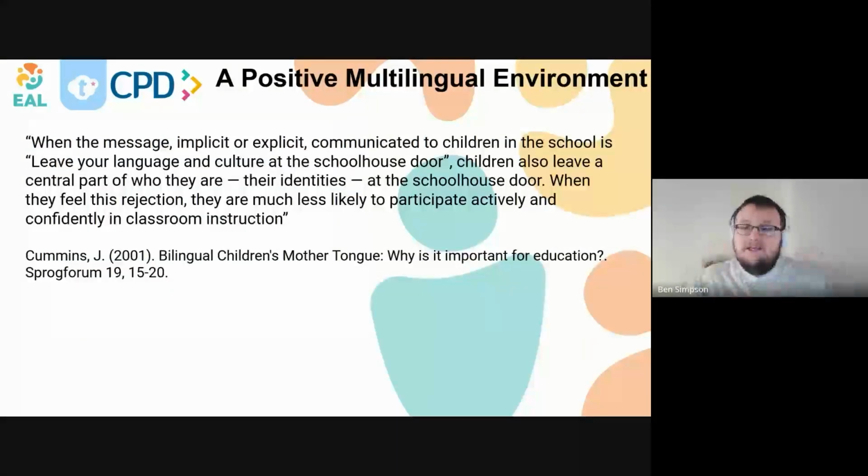Part and parcel of this is the impact a positive multilingual environment can have on all students in the classroom, not just multilingual students. A restrictive monolingual environment denies the chance for self-expression and development inside and outside the classroom. To reject a child's language in the school, as Jim Cummins put it in 2001, is to reject the child as a whole. We can foster a positive multilingual environment through